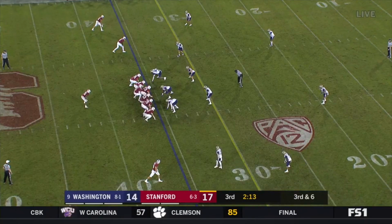Eventually, Washington got tired of getting beat on slants like this, and on this 3rd and 6, we see a very different coverage scheme. We see Washington playing cover 2 at the top of the screen with 3 defenders over 2 wide receivers, and at the bottom of the screen, we see that they've actually walked a second defender out to cover that single wide receiver by the sidelines. They've got one guy short to take away the slant, and another guy over the top to take away the fade. This coverage is only going to leave 5 men in the box,